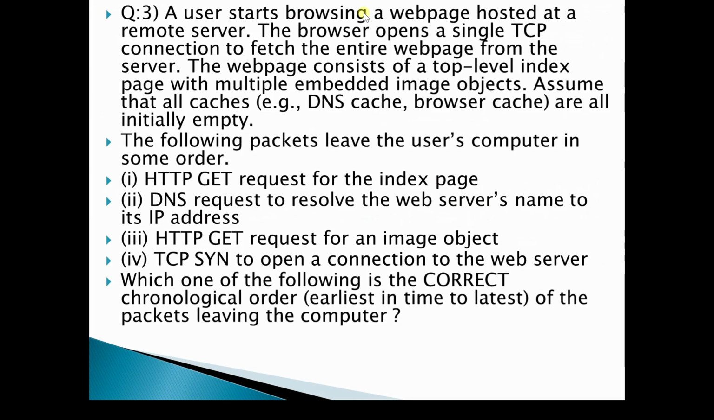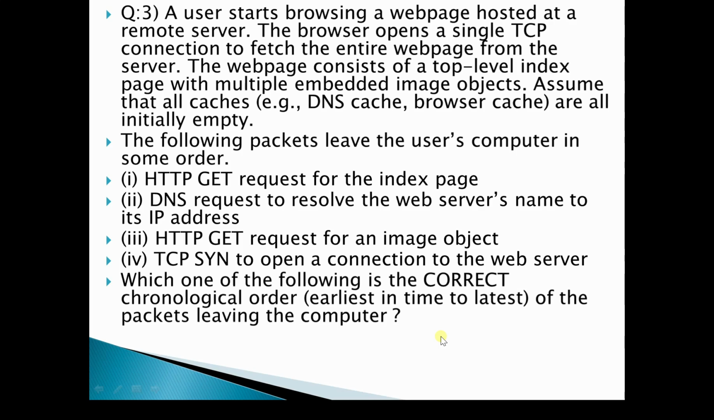A user starts browsing a web page hosted at a remote server. The web browser opens a single TCP connection to fetch the entire web page from the server. The web page consists of top-level index page with multiple embedded image objects. Assume that all caches are initially empty. The following packets leave the user's computer in some order. Which one of the following is the correct chronological order, that is earliest in time to latest, of the packets